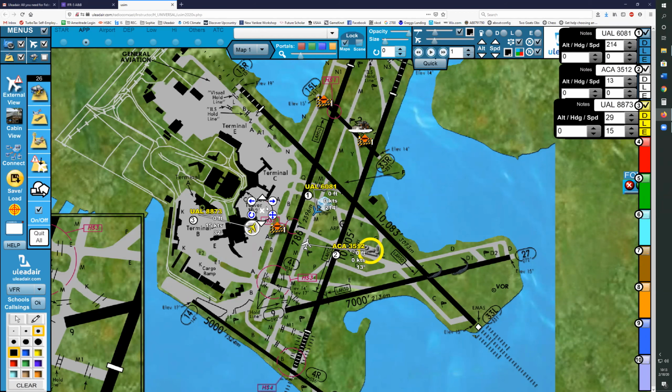Now, Guillermo. Yeah, go ahead. United 8873, hold short of Bravo. Traffic will be opposite direction on Charlie, an Airbus, and let me know when you're parked at Bravo, and tell them you're still coming up to Bravo.